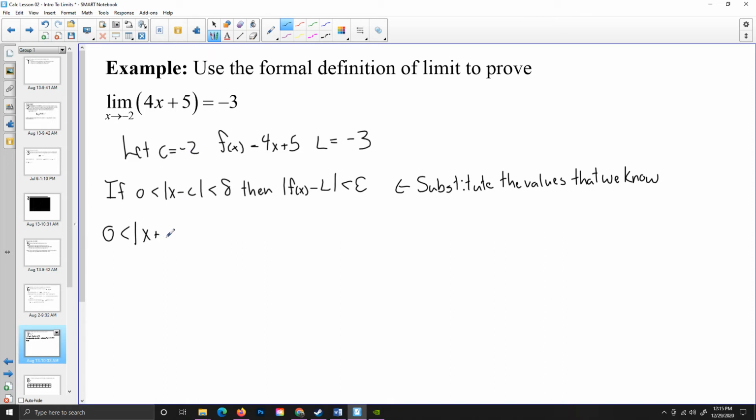So we're going to put a +2 there, less than our delta. Then, our f of x is this expression, so we'll say it is 4x plus 5, and then it would be minus L. Now L is -3, so we're going to go minus a negative is +3, less than epsilon. And so at this point, we are going to algebraically